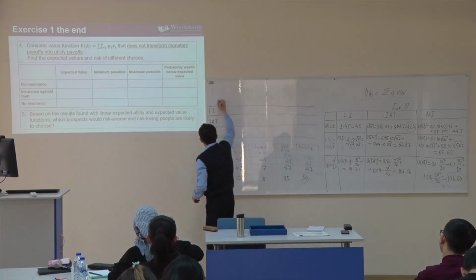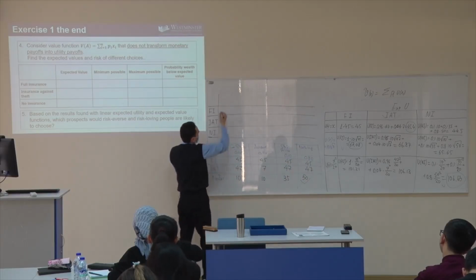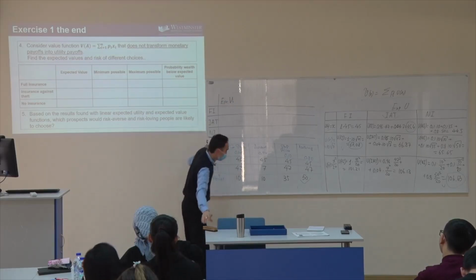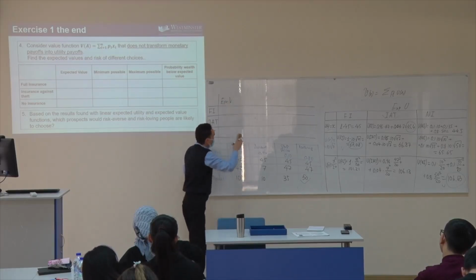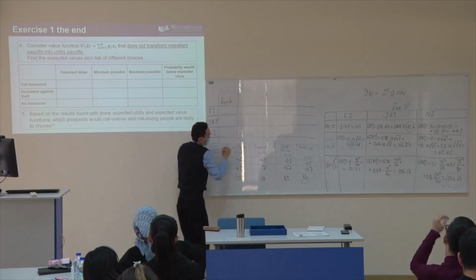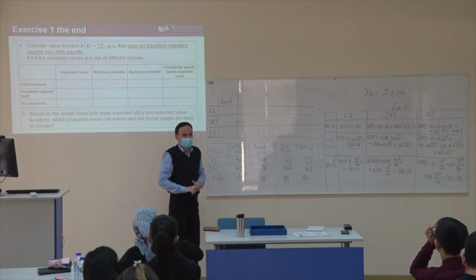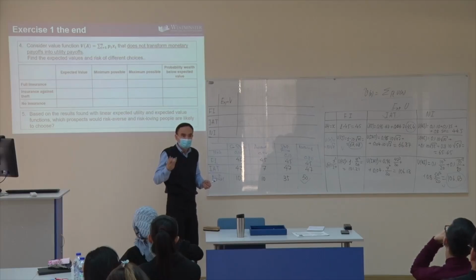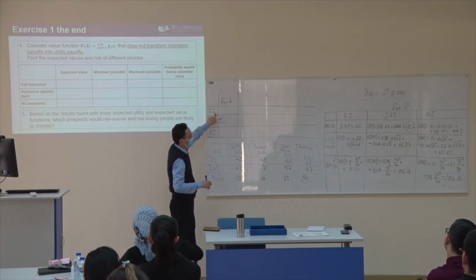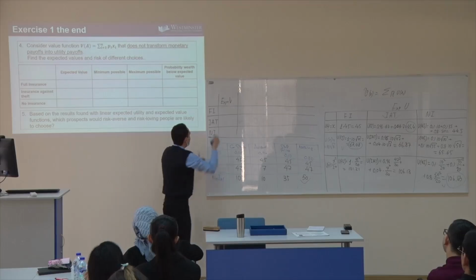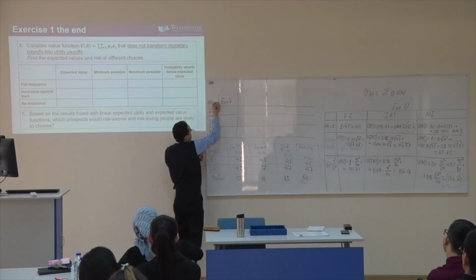All right. So now, first thing that we have to calculate is expected value. Expected value and expected utility calculating is the same number. But the thing is, it does not transform it into utility. Expected value of full insurance is equal to, oh, by the way, we are considering people who are risk neutral, okay? Our utility function here is X.